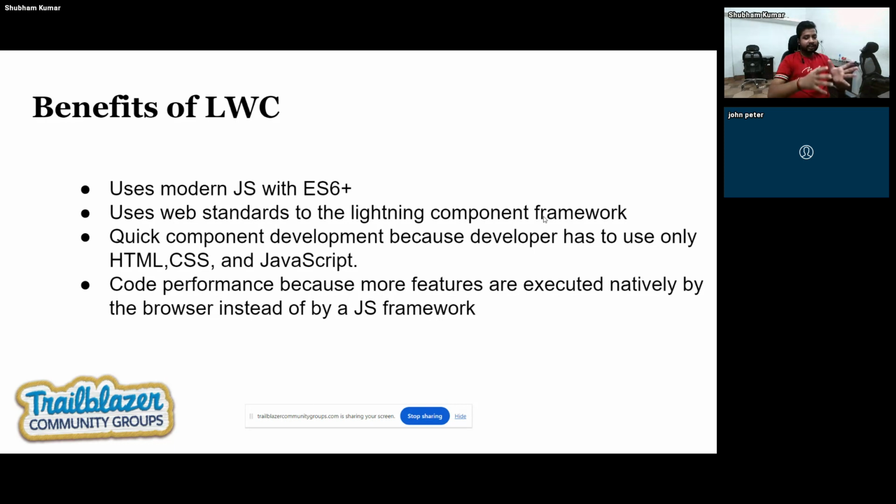Let's suppose we need to integrate some third-party API, we can also integrate that into our Lightning Web Components. Let's suppose we need to call some other API from the Lightning Web Components, so we can also do that. And Lightning Web Components development is easier for developers because it follows only HTML, CSS, JavaScript, and we have one more file, that is the metadata XML file, where we need to configure it, and whatever configurations you do, based upon that you can